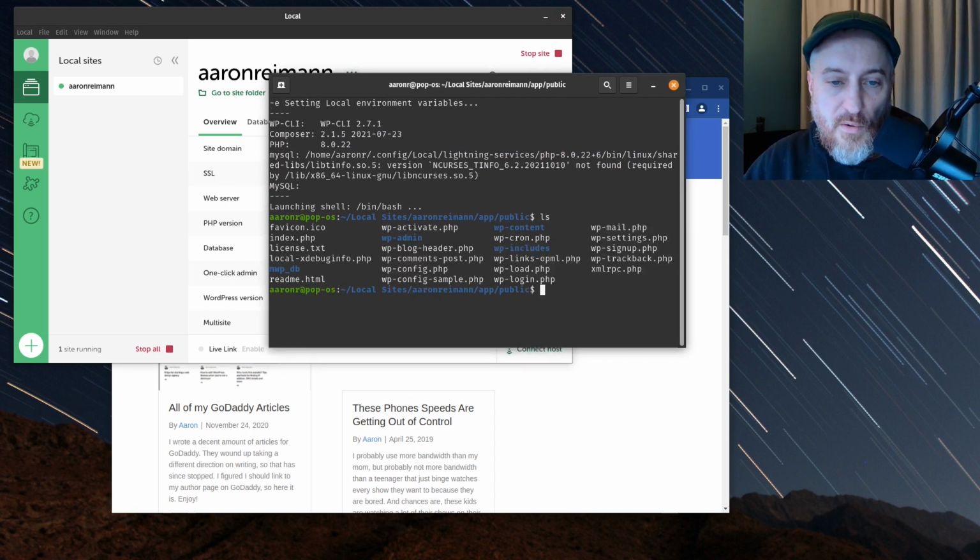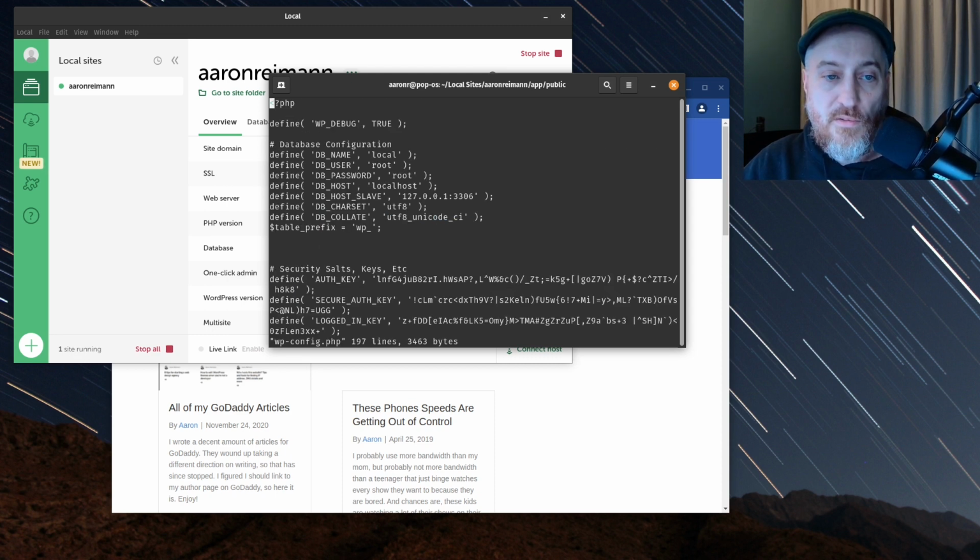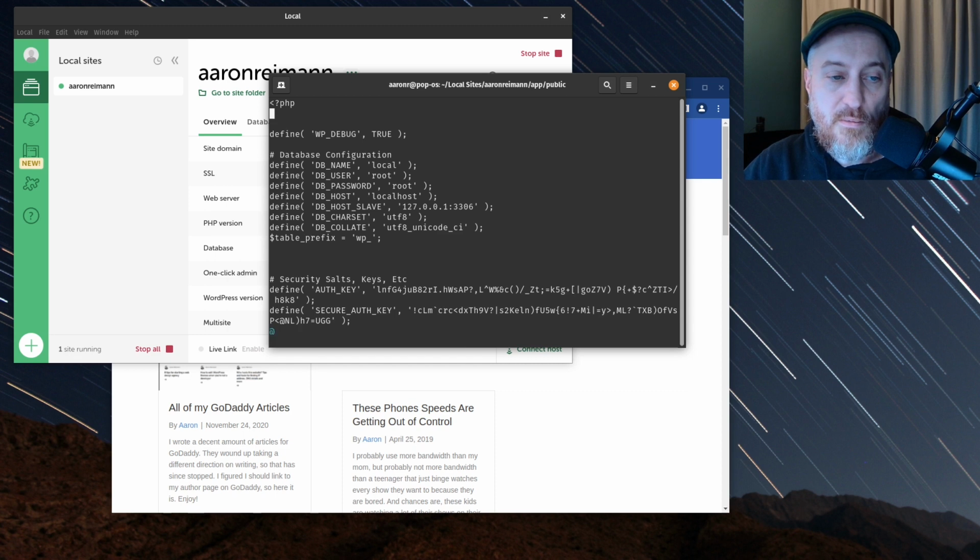it dumps you directly into the directory, and you can edit. So if you're on Windows, to be honest, I don't even know how to do this in Windows. On Mac, you could use Nano to edit your WP config file if you're not familiar with VI. I'm familiar with VI, so I'm going to edit my WP config file. And just for grins, I'm going to tell it to, that was the wrong command, define WP home